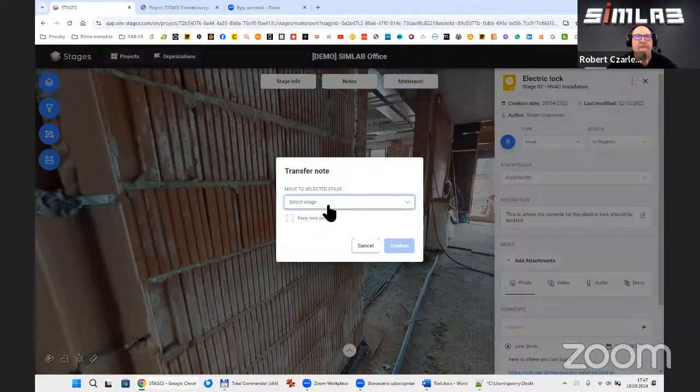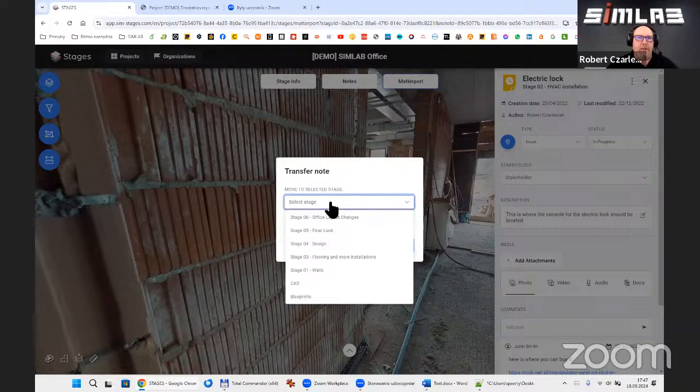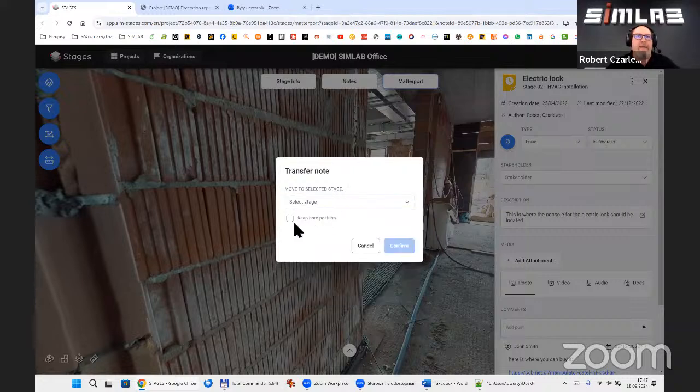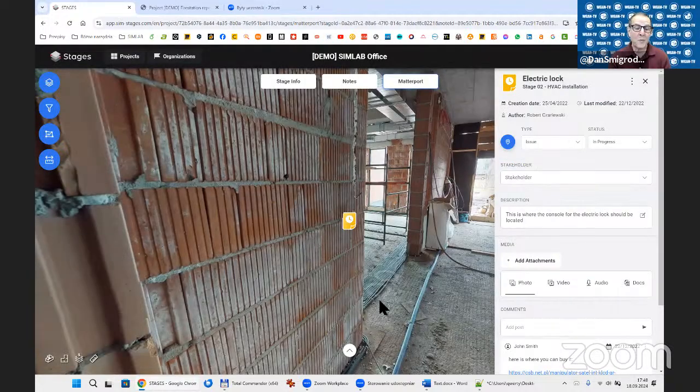And I can do this in two options. I can choose the stage to move the nodes to, and I can move the node keeping its localization in the space, or skip it and just move the node to another stage. So super powerful that you can keep the node in the exact position at a different point in time.